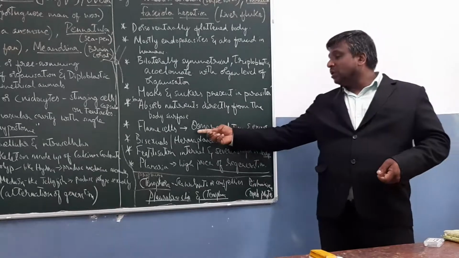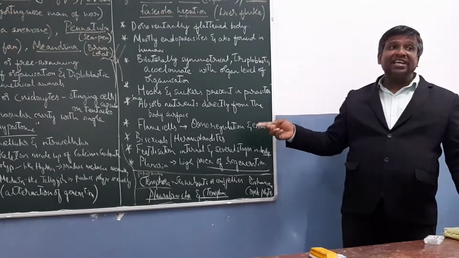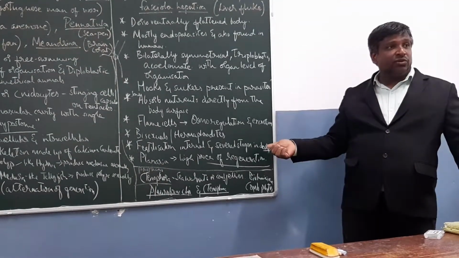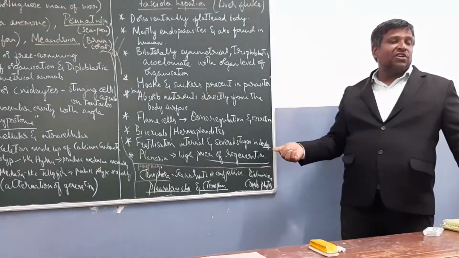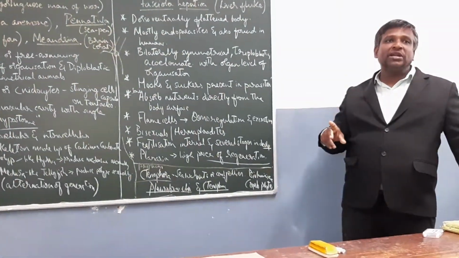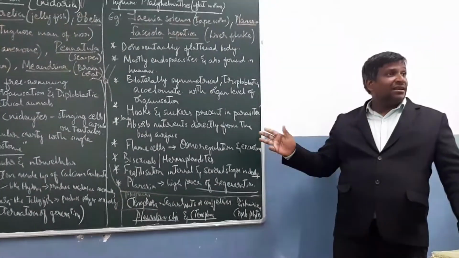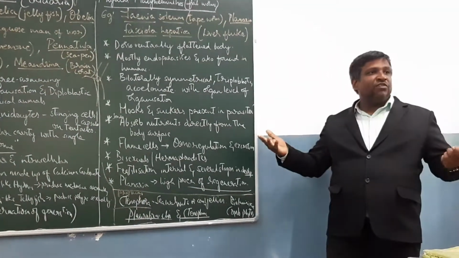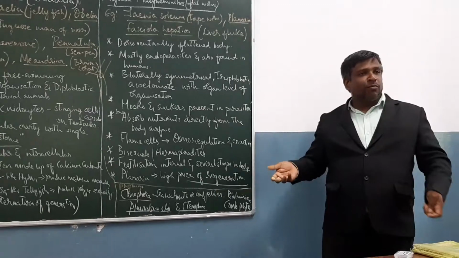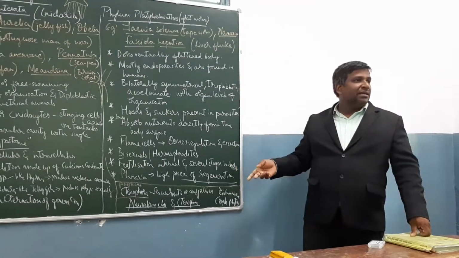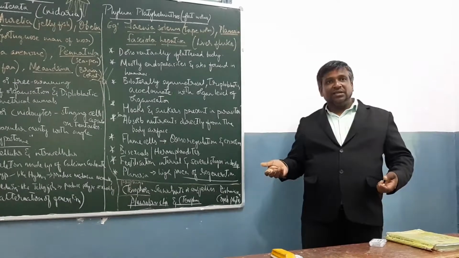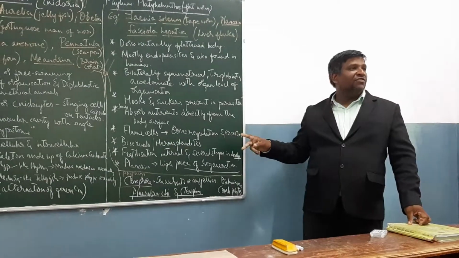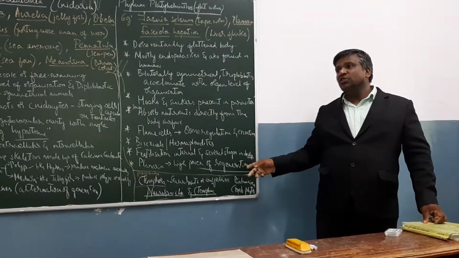Okay, and they also have flame cells, which not only help in osmoregulation, but also help in excretion. They are bisexuals. Flatworms are bisexuals or hermaphrodites. They have both male and female reproductive organs on the same worm. They can't go for dating there because it's a limited space, the small intestine. So there you can find only one organism, not 2 or 3. So most of the time this hermaphroditism helps them in increasing their numbers. They need not go in search of mates there. So they have both the male and female reproductive organs in the same individual, so we call them bisexuals